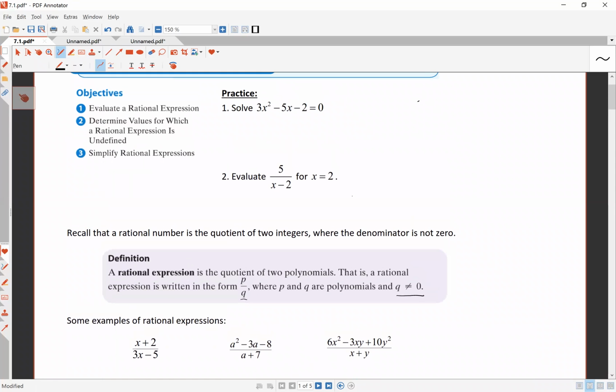For example, in practice 2, evaluating this expression when x equals 2, we get 5 divided by 2 minus 2. When we have 5 over 2 minus 2, that's 5 over 0. Now recall, when graphing lines, when we had a vertical line,